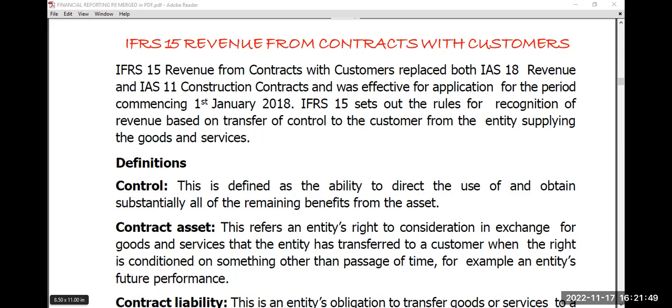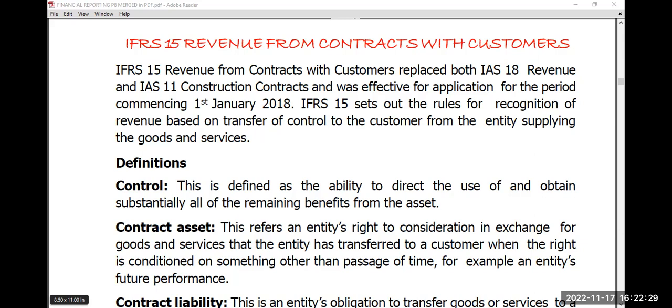So without wasting more time, let's kick off and look at the terminologies. What are some of the items that we need to know their specific definitions according to the new standard? We are saying that IFRS 15 Revenue from Contracts with Customers replaced both IAS 18 Revenue and IAS 11 Construction